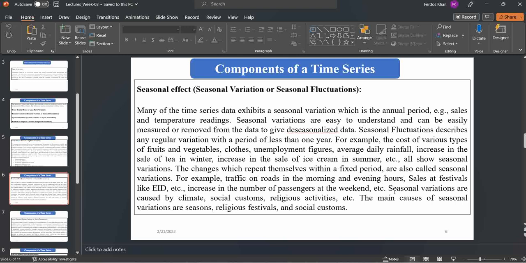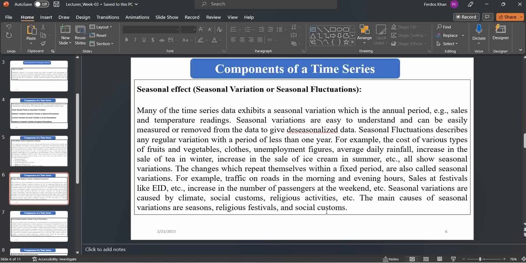Seasonal variations are caused by climate, social customs, religious activities, etc. The main causes of seasonal variation are the season, religious festivals, and social customs. So this is something due to activities like season, religious festival, and social custom. During religious festivals or social customs, the demand for something increases, like at Christmas time, when there is increased demand